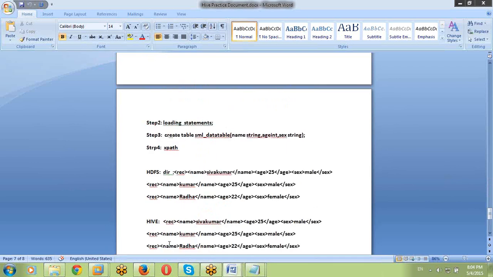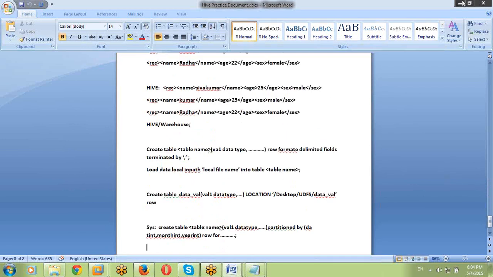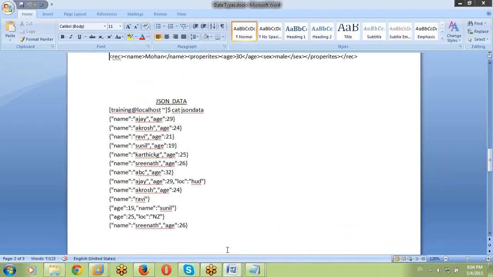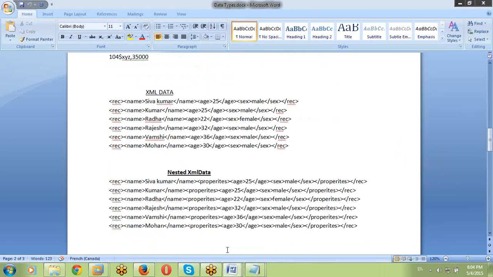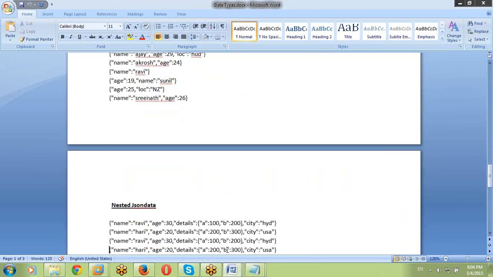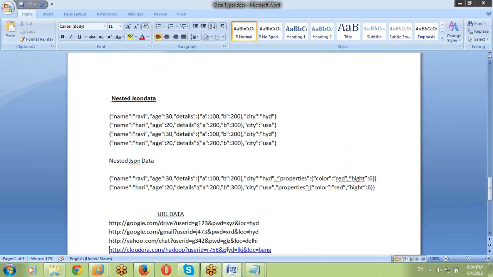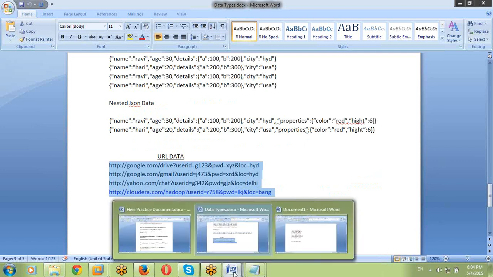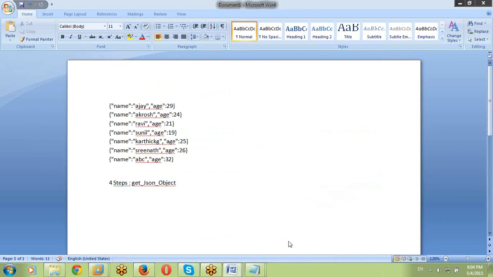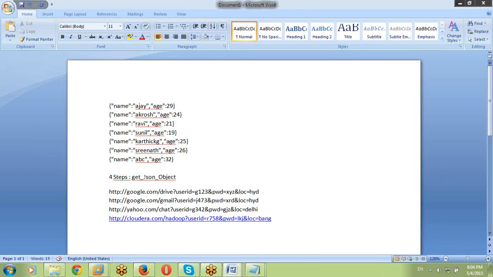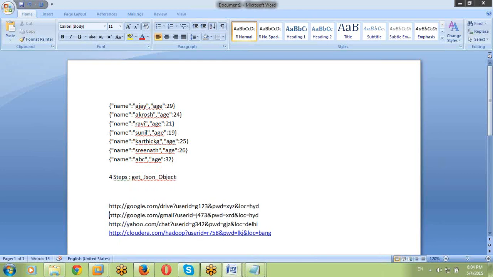Now, finally, the next concept. See, friends, as of now we are doing XML data, JSON data, or comma delimited data, text format data, different types of data. Similarly, another type of data is called log files, URL data. How to clean this type of log files? We know how to clean JSON data, how to clean XML data, because we understand the data. Similarly, I want to clean log files.